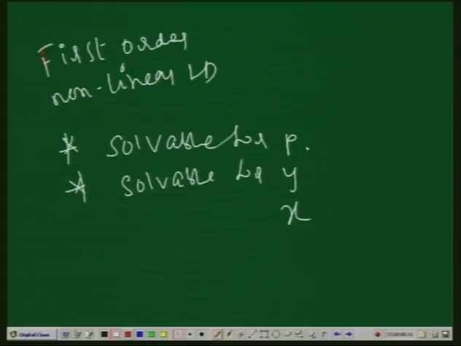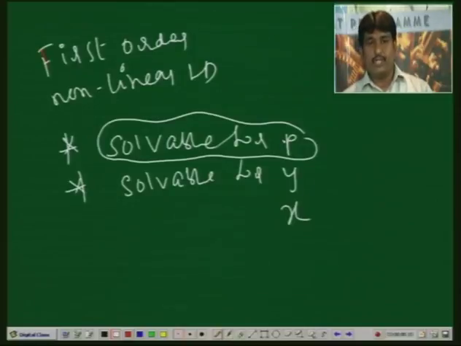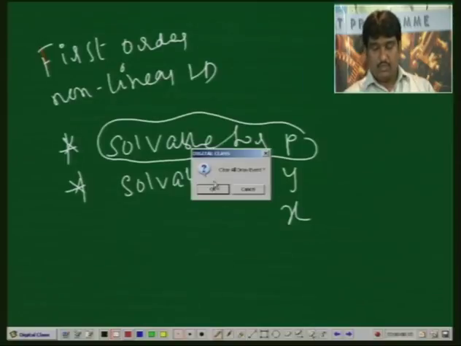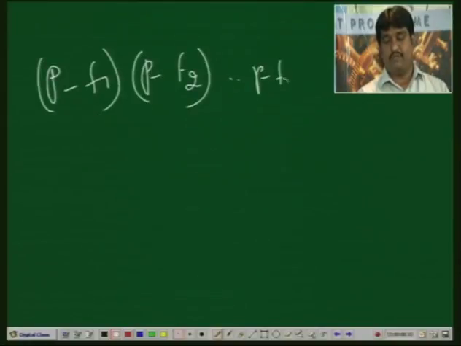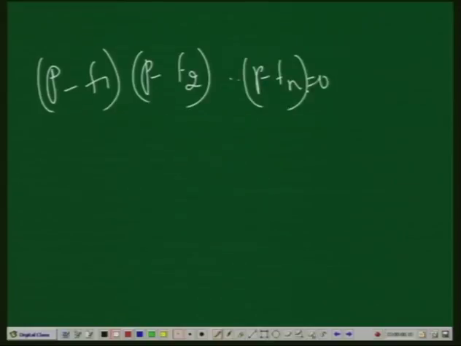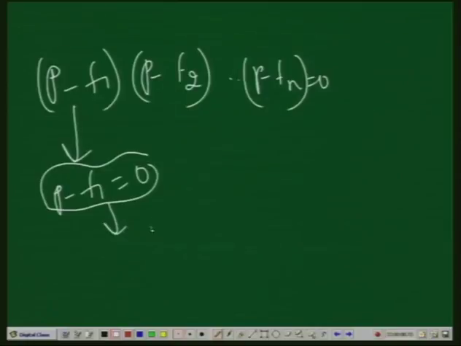Now how to solve this? How to use the solve for p technique? You know, it will be in the form of p to the power of n, some function of x and y into p to the power of n minus 1 and so on. It can be treated as a polynomial in p. You just find the factors like p minus f1 into p minus f2 ... p minus fn equals to 0. When you equate this, each factor p minus f1 equals to 0, p minus fi equals to 0, which is a linear differential equation. p is dy by dx